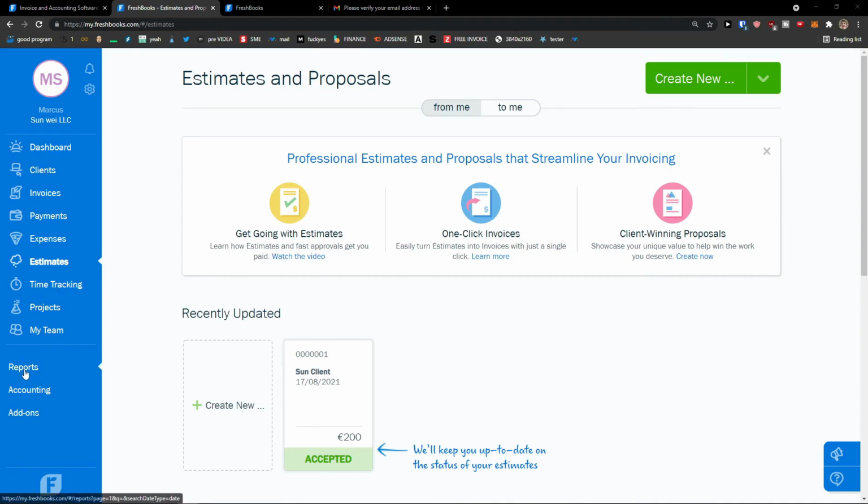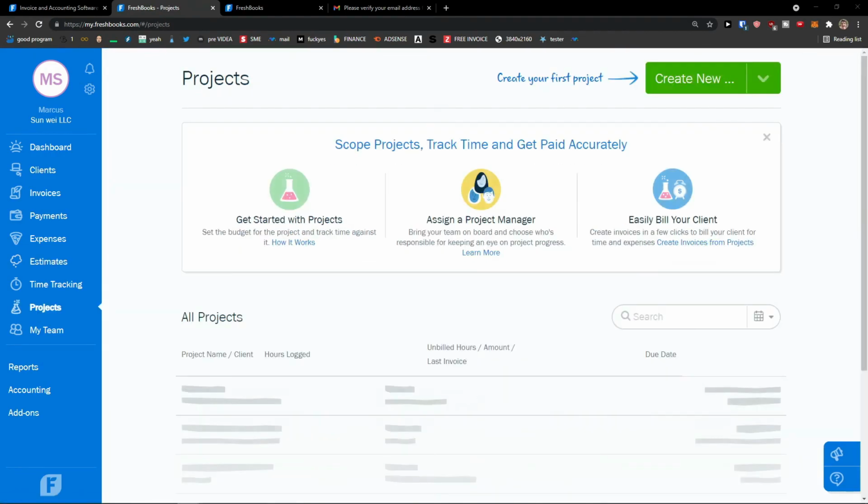Now, and that's how we can work with estimates. The next thing that I'm going to show you is under time tracking, and that's a project. Then we will go to time tracking. So projects. Here, I'm going to go on top right, create a new project, and it will be flat rate